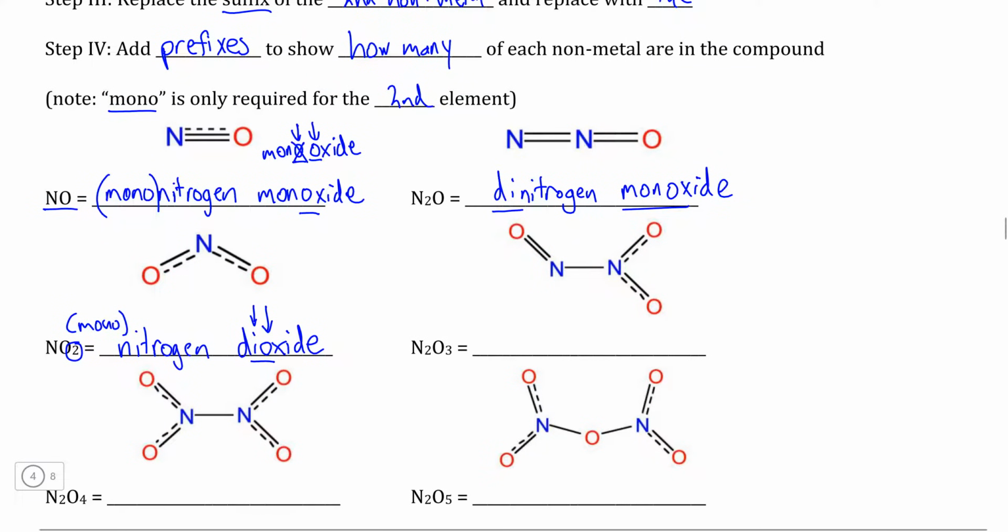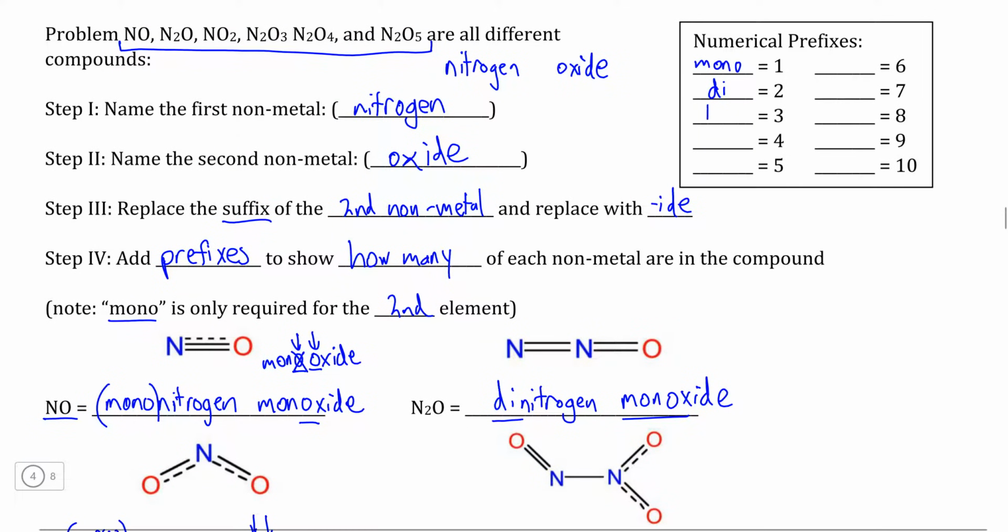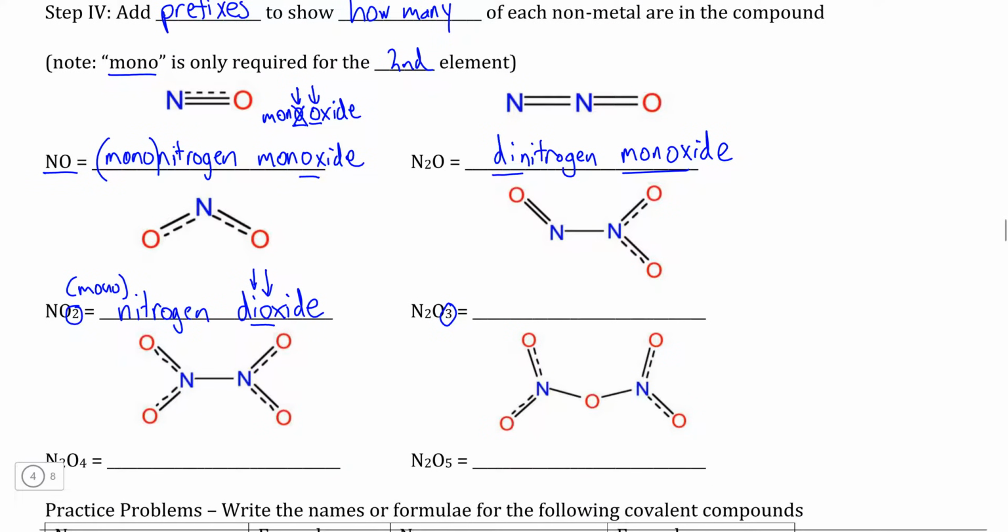Now, the next nitrogen oxide here, we see that we have three oxygens in the chemical formula and in the chemical structure, which means we need the prefix tri. And this is a very common prefix. For example, a three-sided shape is a triangle, or a three-wheeled pedaled vehicle is called a tricycle. So this compound here would be called dinitrogen, because again, there are two nitrogens, and then we would use the prefix trioxide, and yes, we see the consecutive vowel rule is broken yet again, but again, trioxide flows relatively nicely